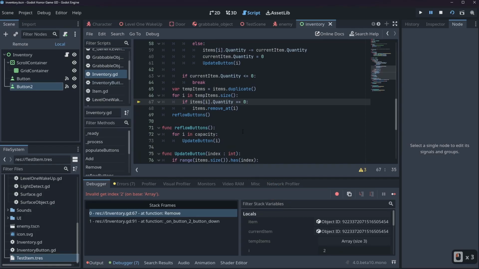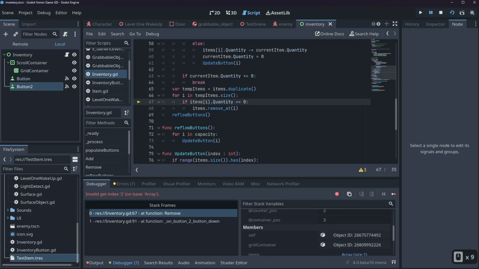Invalid index 2 on base array. So this is where we're going through and looping through our stuff. So I thought hopefully items 2, I guess because we're removing, or I'm guessing what, we have one item left. Yeah, we have one item left. So we're removing at, let me see, temp items dot size. So instead,